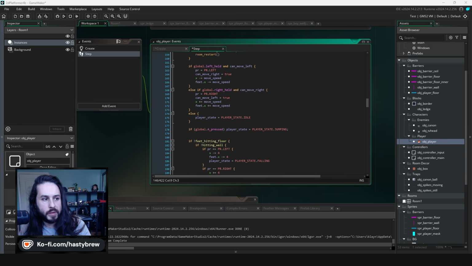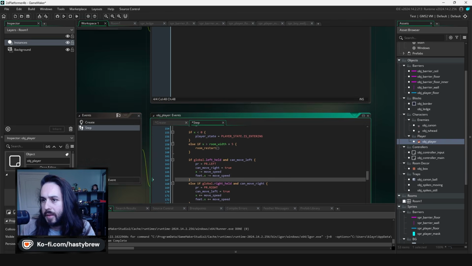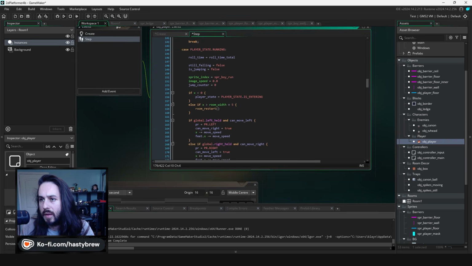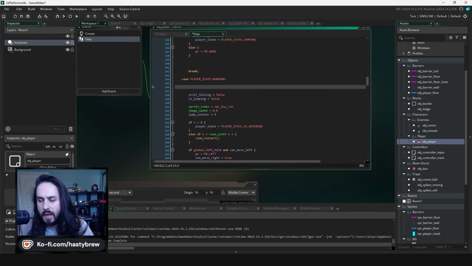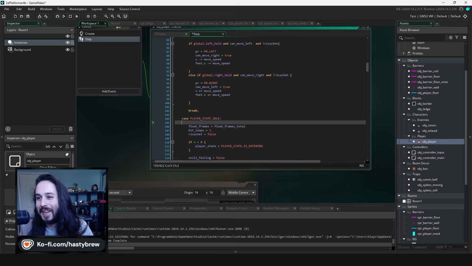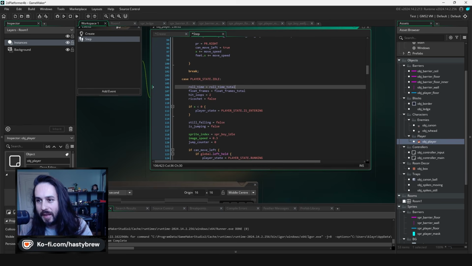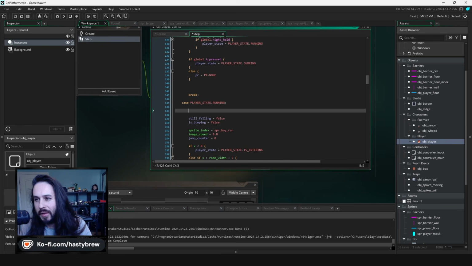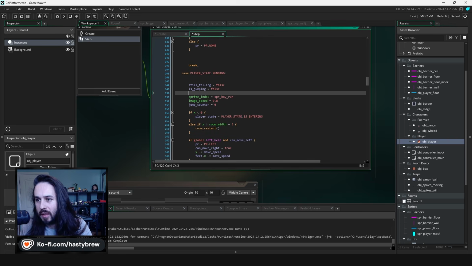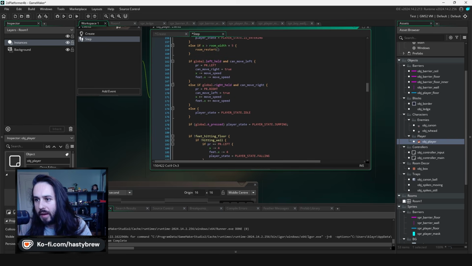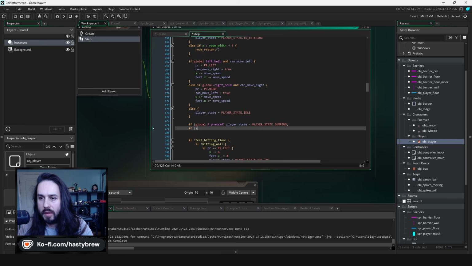We have this if global.a pressed, right? I'm sorry, I actually messed this up. Let's see. Roll time total should be under idle, right? Because that's where we default to. We don't ever default to running, I don't think. So we don't quite need to reset it there. But here we do need to do like,